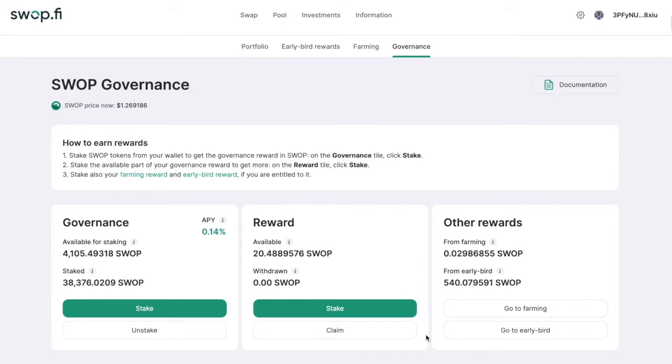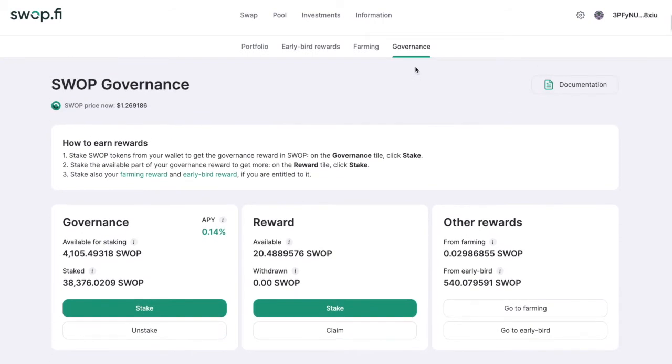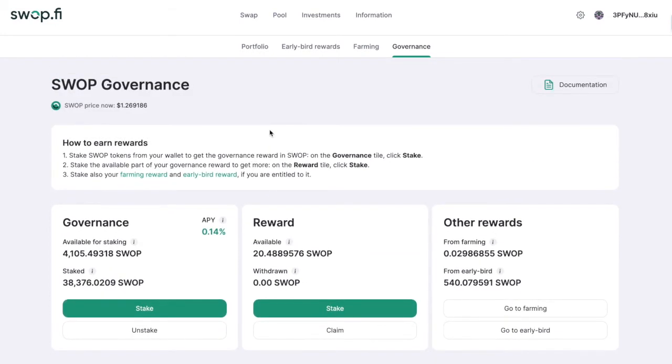Let's review what is available on the last tab in the investment section. The tab is called Governance, and if you click on it, you'll see details about the Swap protocol governance. There are some details about how you can use this tab, so how you can earn rewards. But before we start talking about the page itself, I'd like to take a step back and talk about